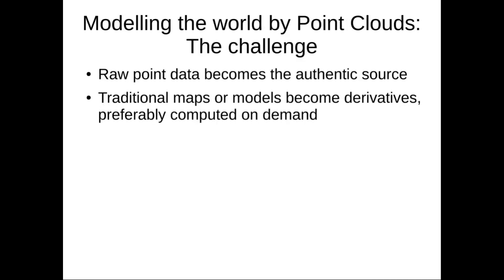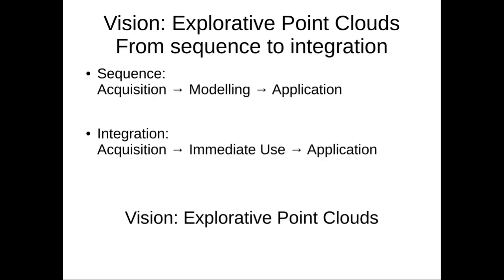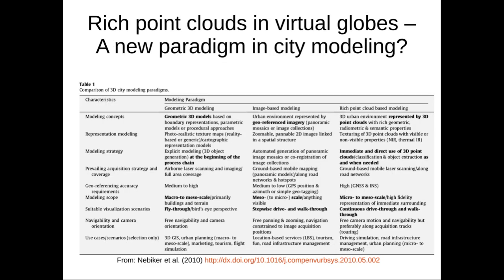The challenge we face if the raw point data becomes an authentic source is that traditional models become derivatives, computed on demand. However, this is challenging as point clouds become denser and denser and they have a higher frequency of updates. So instead of processing the data always through a modeling step and only then making it available for an application, we foresee that we make the raw point cloud data available once they are collected, for immediate and direct use in applications. In a way you could see this as a new paradigm, rich point cloud-based modeling, as also